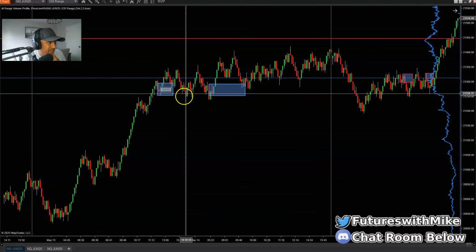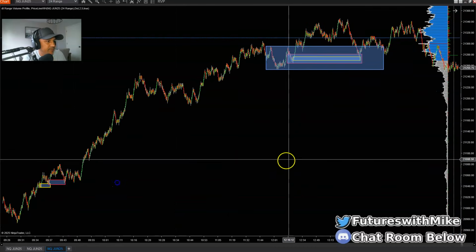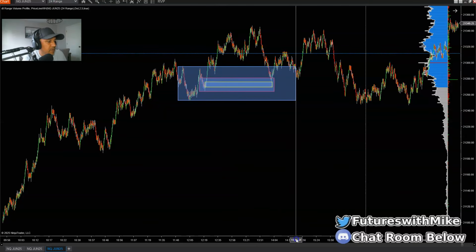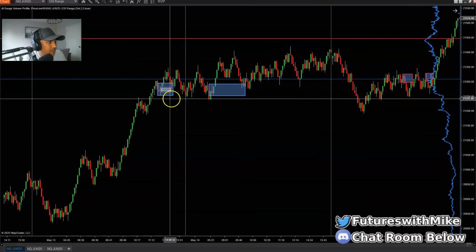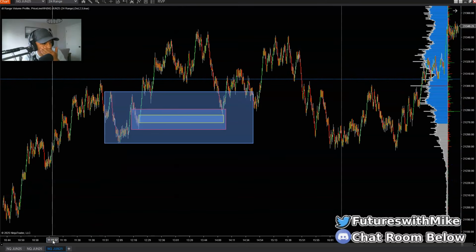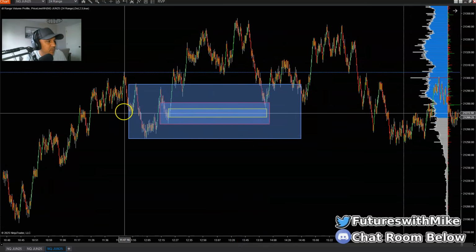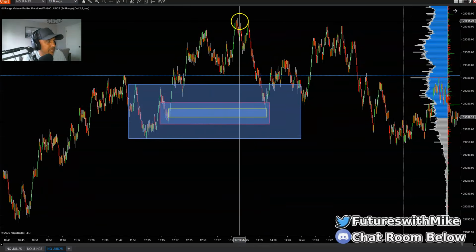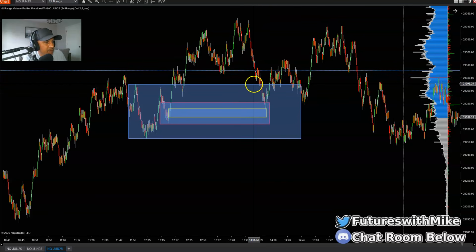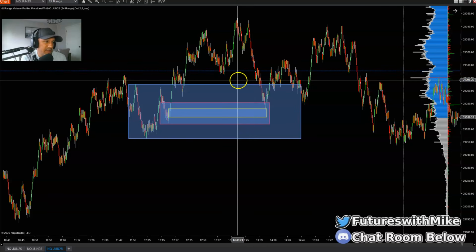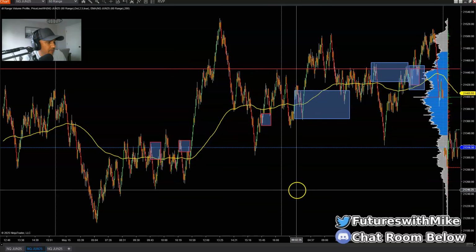So May 13th, what time was this? This was at 2:05. Okay, let's go to it right here. So this is the larger zone off of my higher time frame 120. So I mark it up first. What I'm looking for is enough confluence to allow me to take the trade. So this was the aggressive buying to the upside right here that we saw on the 120. As the market approaches back to the actual demand zone on the 120, the larger time frame chart, then I'm starting to look at lower time frame charts.